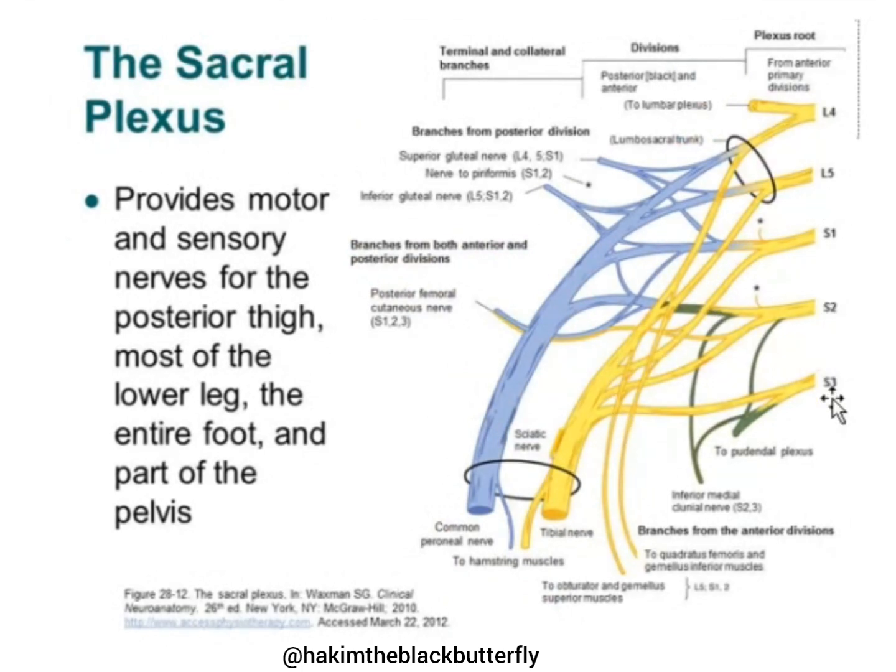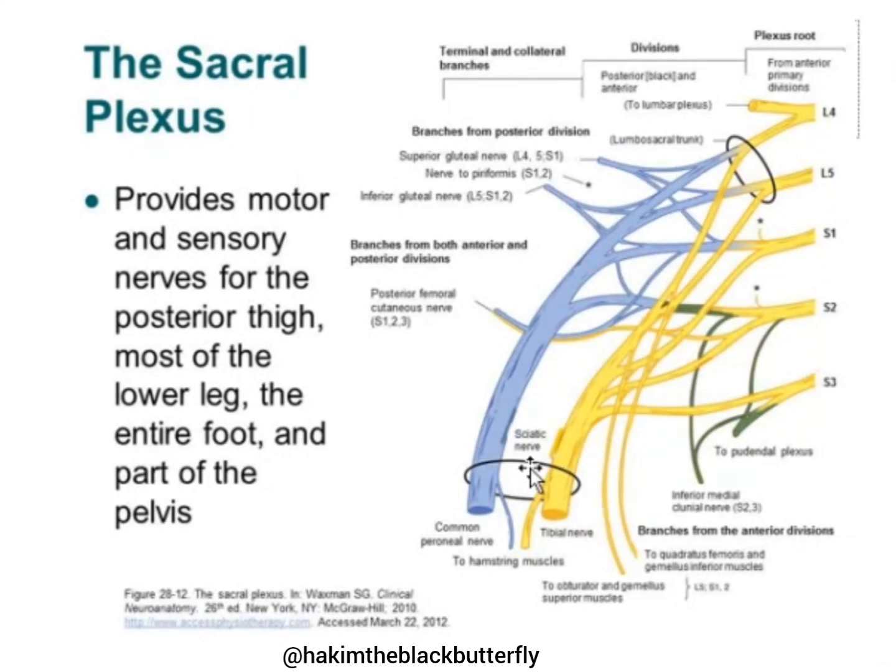Then the sacral plexus from L5 up to S3 plus one root from the lumbar plexus, L4, contribute to the nerve supply of most of the other muscles of the lower limb. For example,